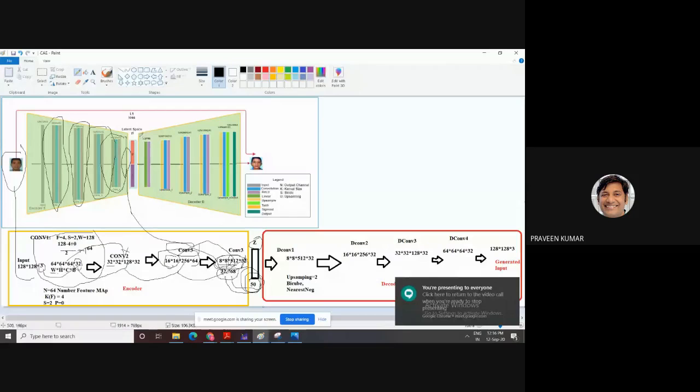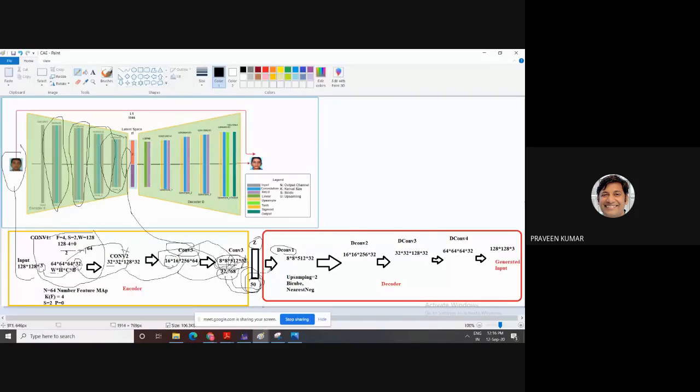Then after this, the next task is how to generate this 50 value to image. Then we go for the decoder concept. This decoder has a latent vector L. Then upsampling is a must. With the help of convolution we can decrease the size of our image, and then the next step requires upsampling. For upsampling purposes, two general algorithms are available: bicubic or nearest neighbor. Nearest neighbor you mostly learn in the DIP paper. So how can we increase the size?